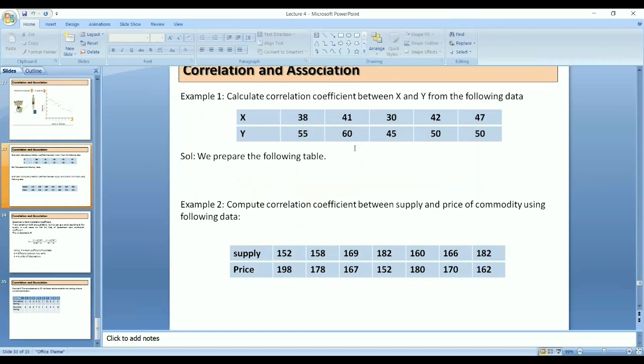You can write down this example and try to do it, because you have to put these values in the formula I have given before. You can start to do it in Excel, so you will get the feel of how to do it in Excel also. That is very easy, and side by side you can see the graph of the correlation between the two variables. So enter the first value X: 38, 41, 30, 42, 47, and the Y variable is 55. You have to calculate the correlation coefficient between X and Y.